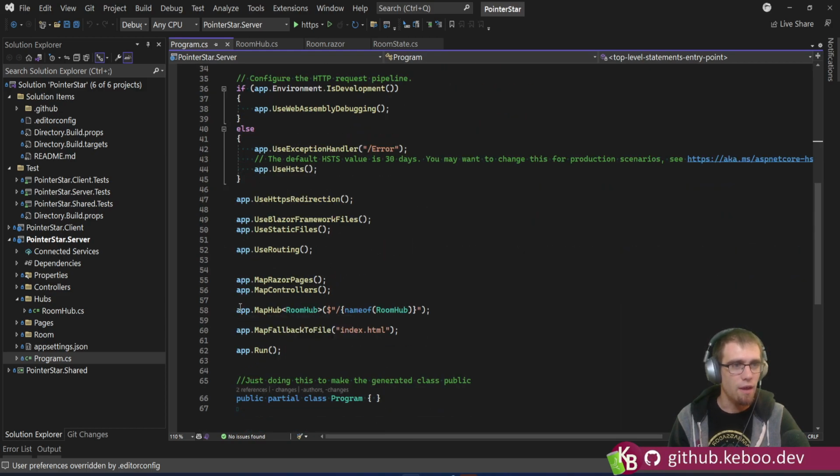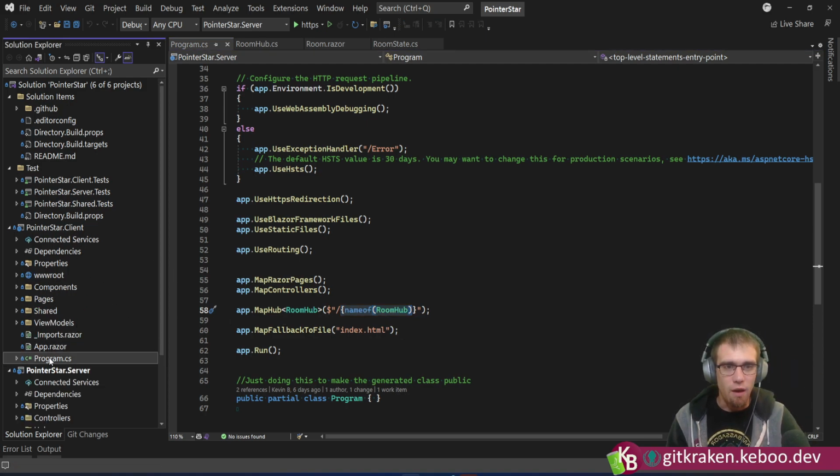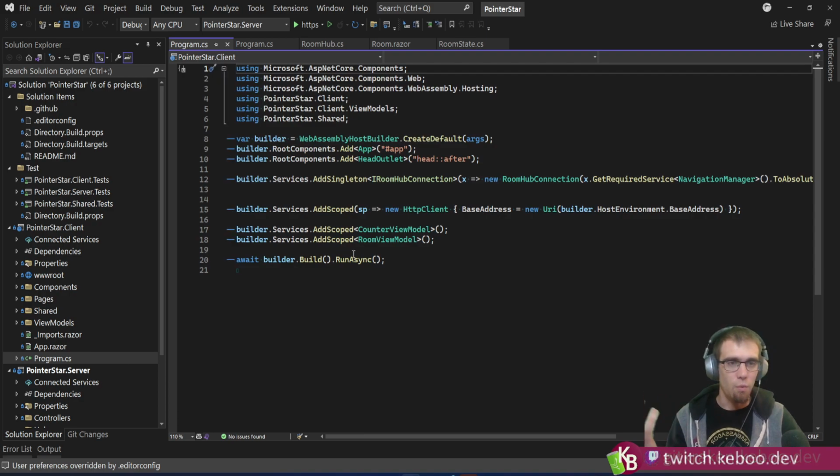The other thing that you have to do after registering it with DI is actually call app map hub and give it an endpoint so that it knows where it needs to be. And I just basically did /room hub because it was simple and easy. That then means that over on the client side, so this is the WASM that gets downloaded and executed on